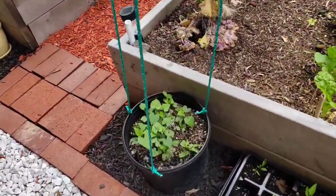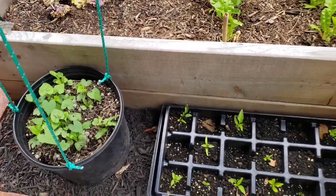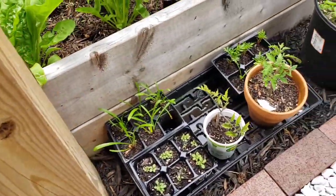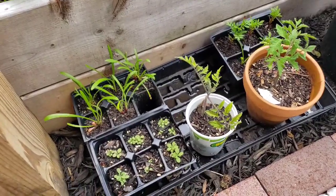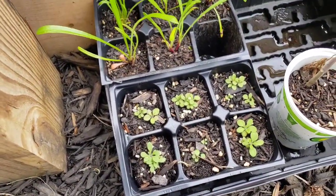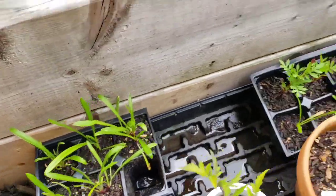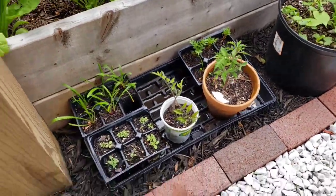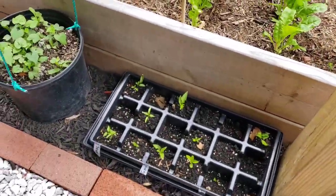Another morning glory on this side. And then just some assortment of leftover vegetables that we've had, as well as, you can see here, some petunia seeds that we started from seeds, some gazanias, marigolds, and then some tomato plants. We've kind of started giving some of those away to our neighbors now that we have everything that we need